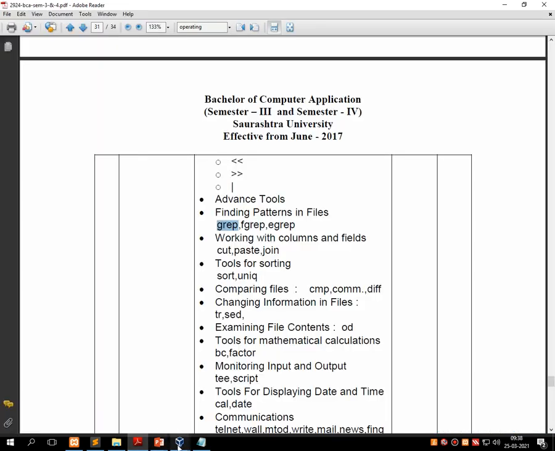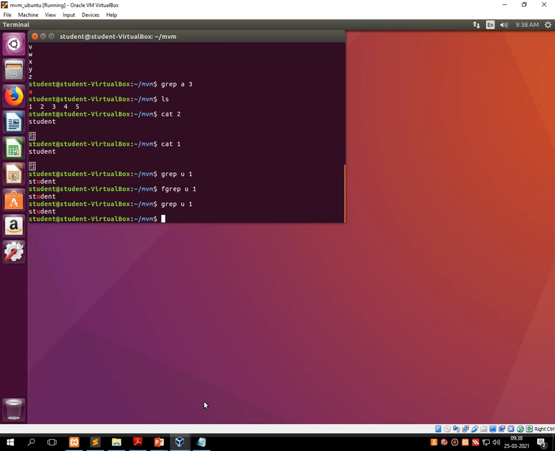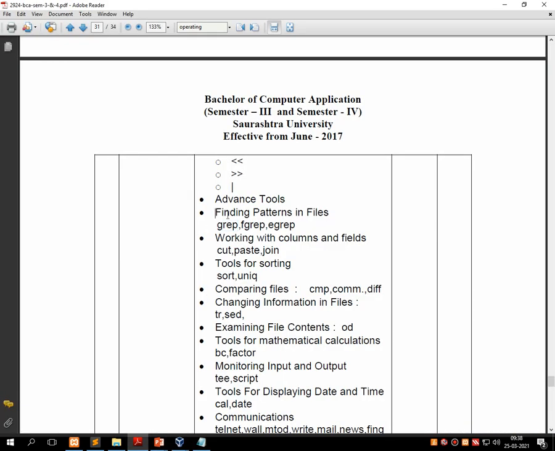And the last one is egrep. Egrep u and the name of the file. It gives a similar output, but this searching is slower than the previous two. So this was all about finding pattern commands in the file.